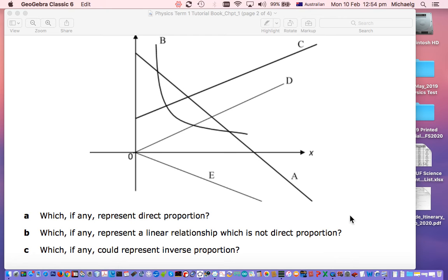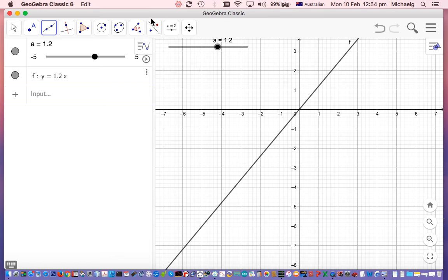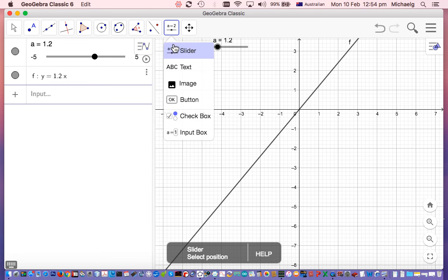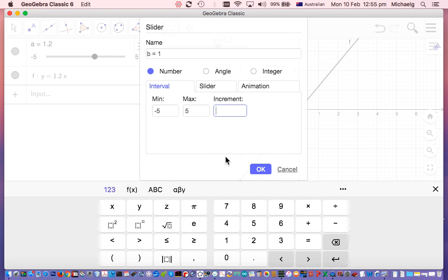So again, I can recreate a line like this on our GeoGebra. I'll put in another slider, this time below here. We're going to call it B, and we'll let it increment